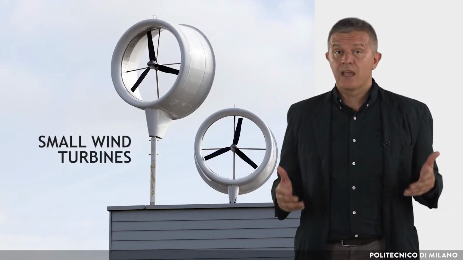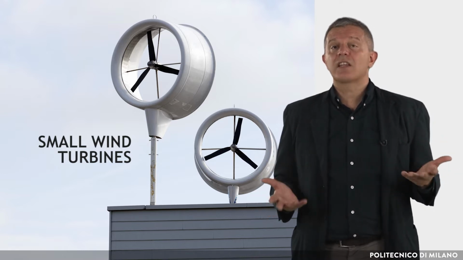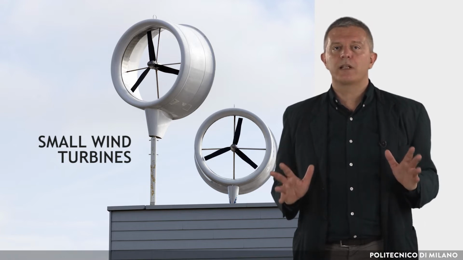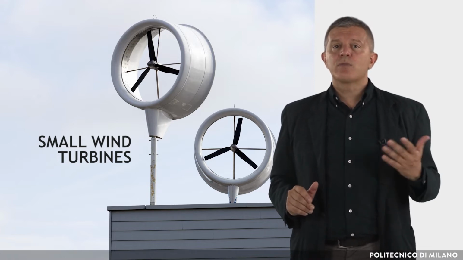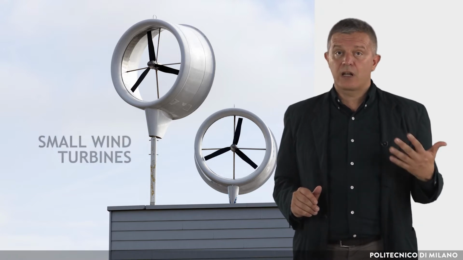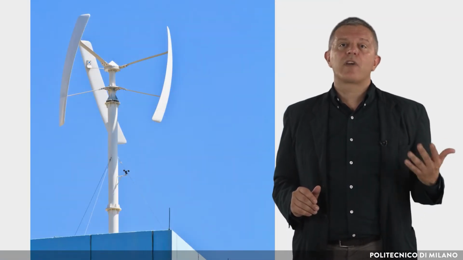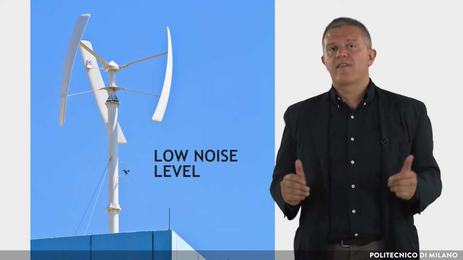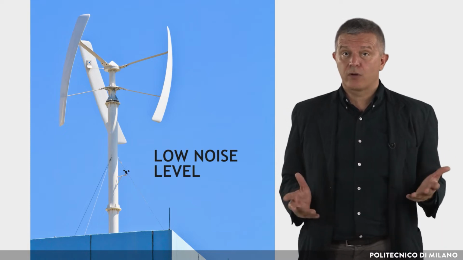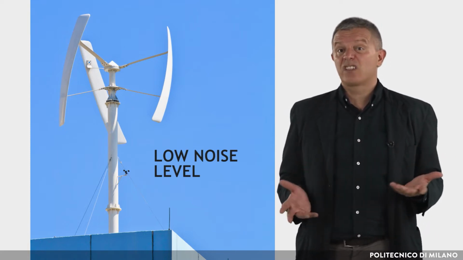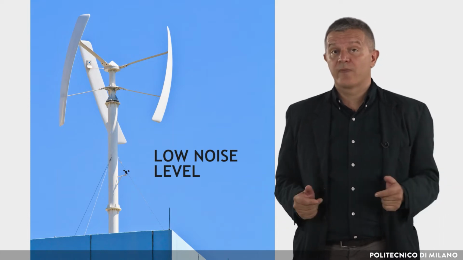Small wind turbines can be installed on a roof, but it is necessary to be very careful about possible vibration transmitted to the building structure bearing them, which may cause fatigue phenomena and noise. In general, for installation on the roof, a few kilowatt vertical axis turbines are recommended due to their low noise level. Because of the shape of the rotor, these turbines have a very limited visual impact. The only downside is the cost, higher than the average.